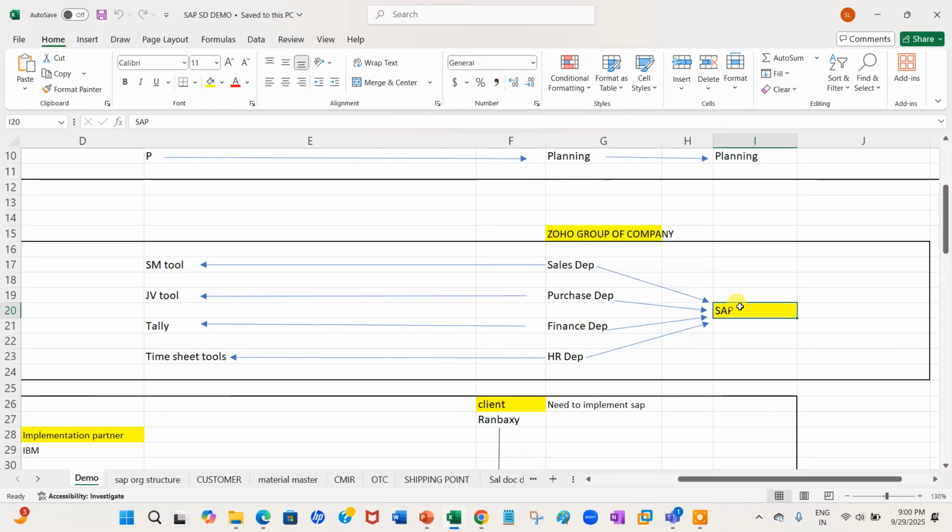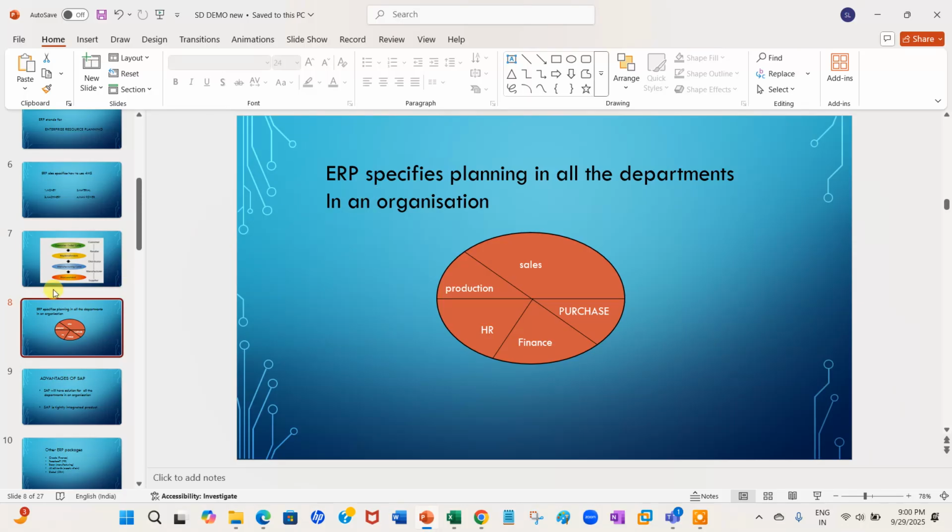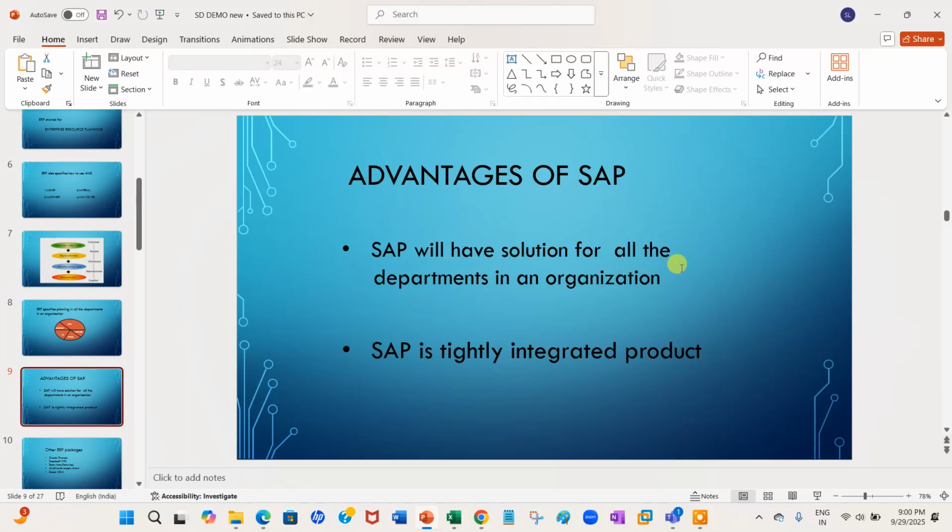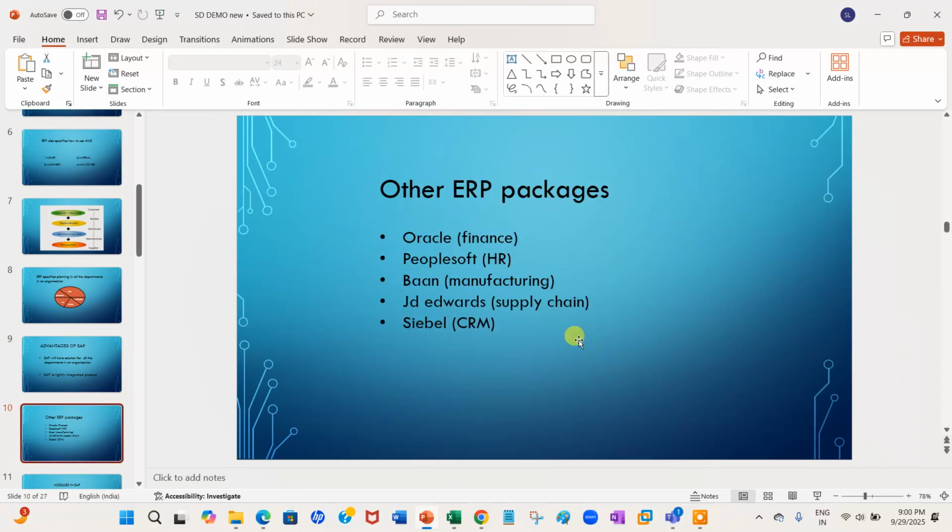It not only handles the sales part, at the same time the purchase part, finance part, HR part. Not only that, it will integrate all the parts. That is what it says here: SAP is a tightly integrated product.